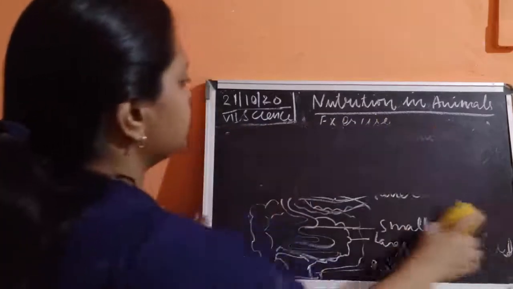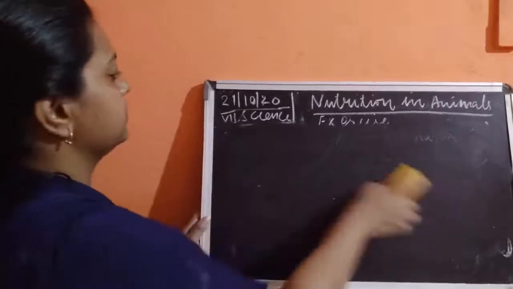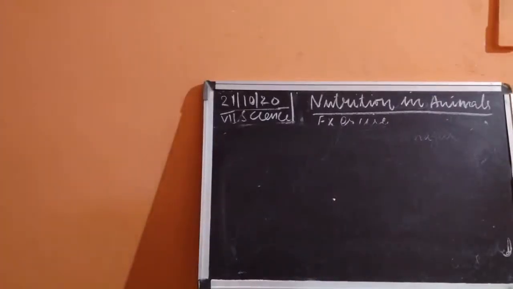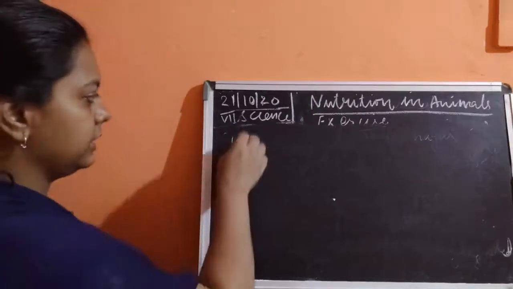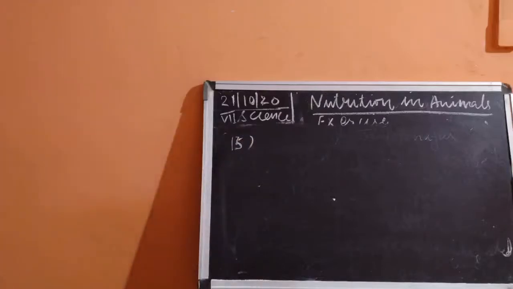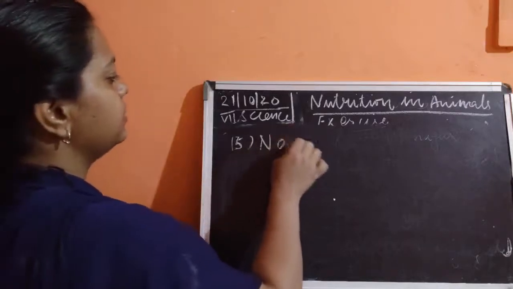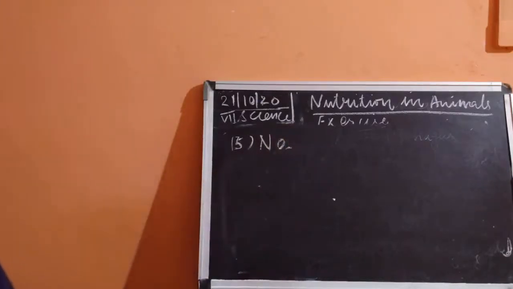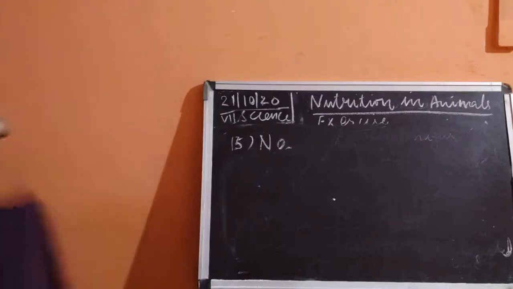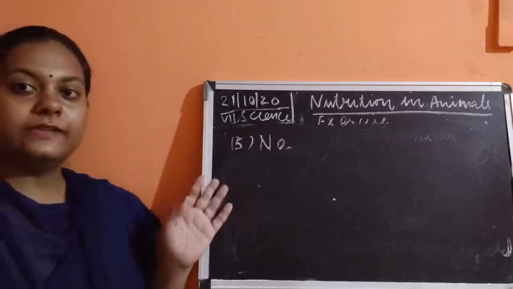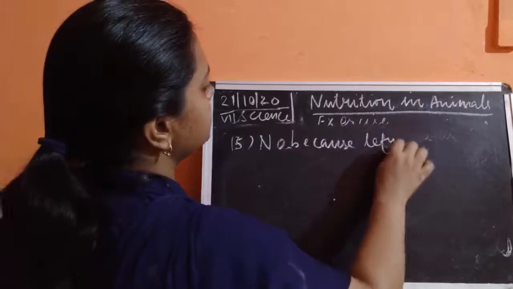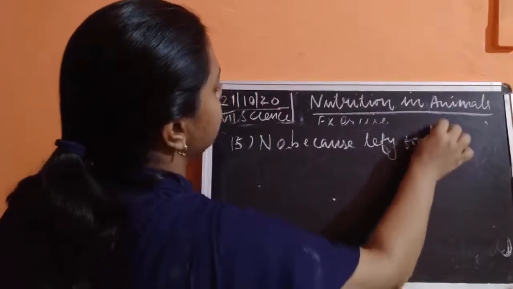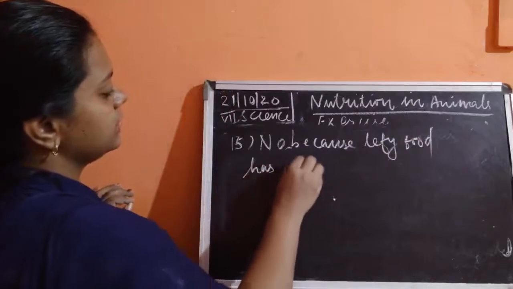Now, after that, the last question is left, which is, can you survive only on raw vegetable leaf? Question number 13, not 15. So next is, can you survive only with the raw leafy vegetable or the grass? So no. The answer would be no. Why? Because the leafy vegetable has cellulose.